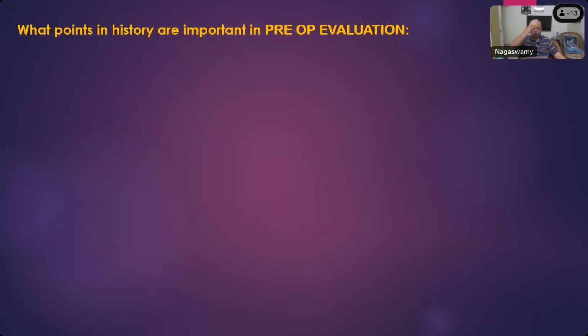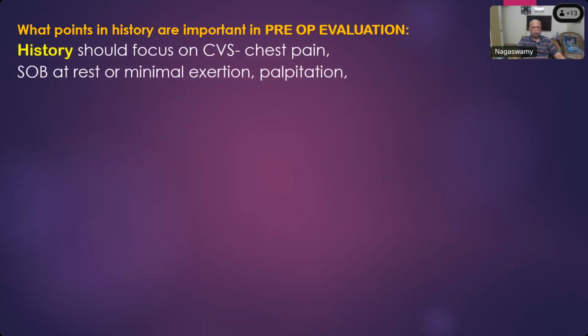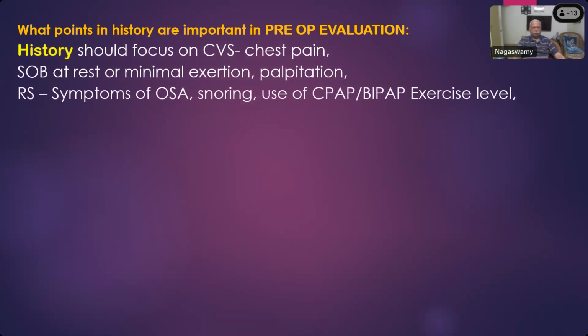We have seen now all the pathologies that occur in various systems because of obesity. So you should keep that in mind and start examining the patient. So history should focus first on the cardiovascular system, whether the patient had any chest pain because of coronary artery disease, shortness of breath at rest or minimal exertion, palpitation. Then coming to RS, whether they have symptoms of obstructive sleep apnea, snoring, whether they are using any CPAP or